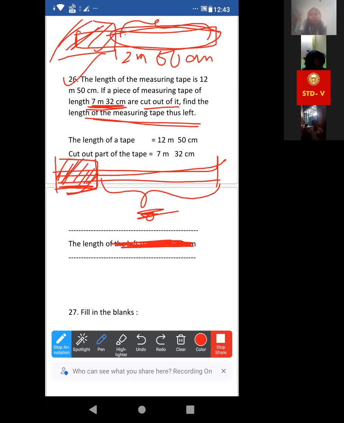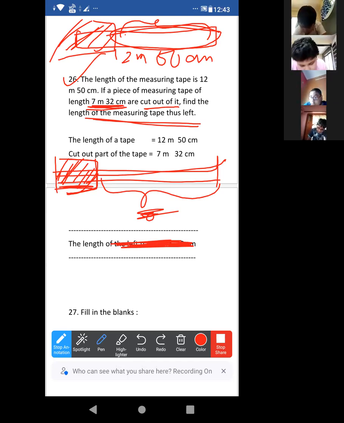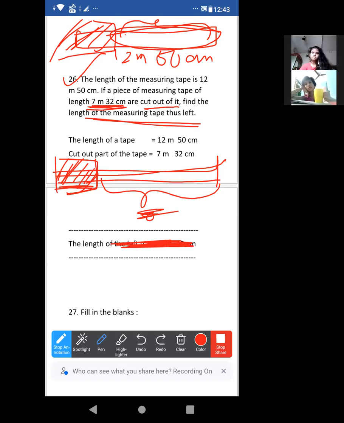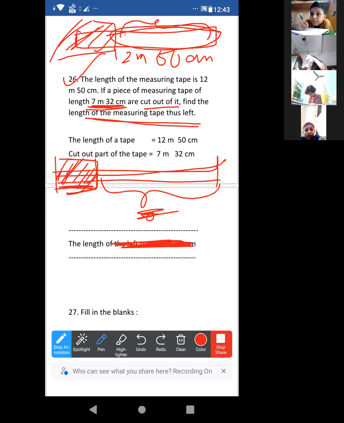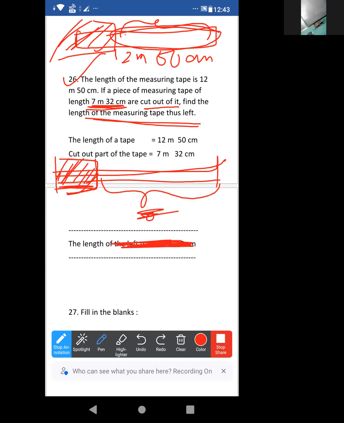Shuhana, clear? Suhana, okay. I need to make you understand again. Acha, clear. Okay, good. Ashmita, clear? Okay. Wait, Shoham Mukherjee, turn on your video. Is it clear to you?